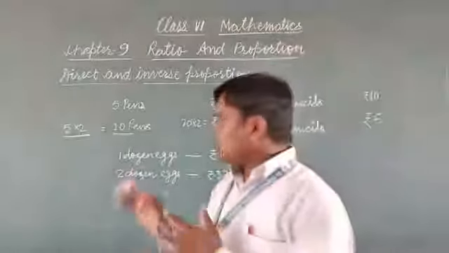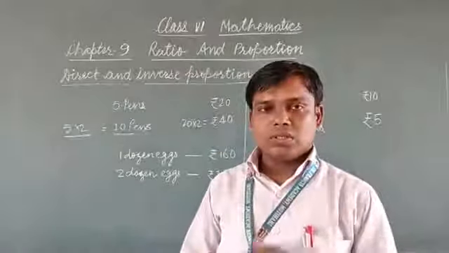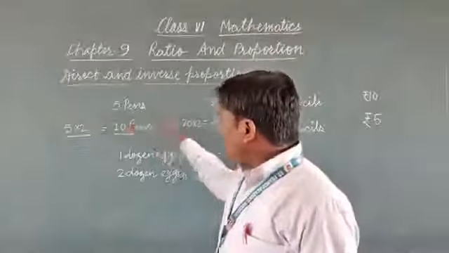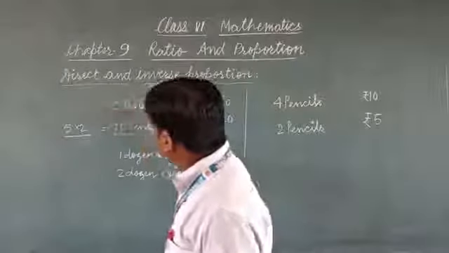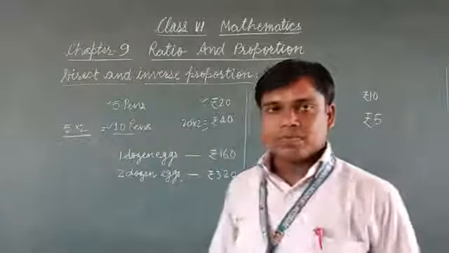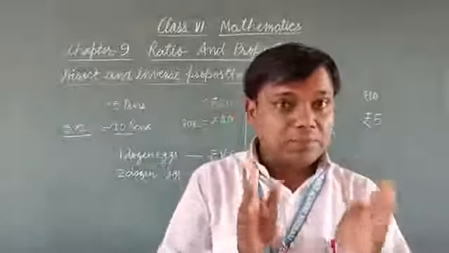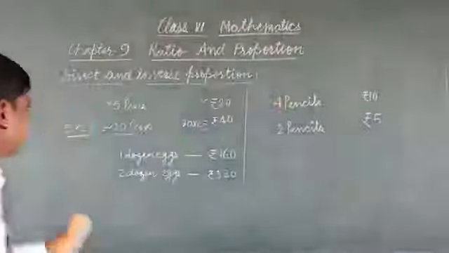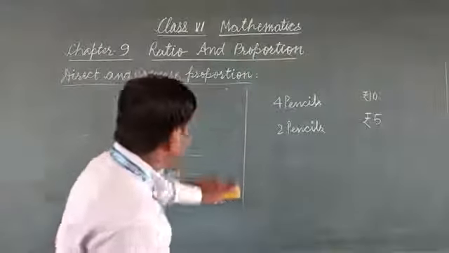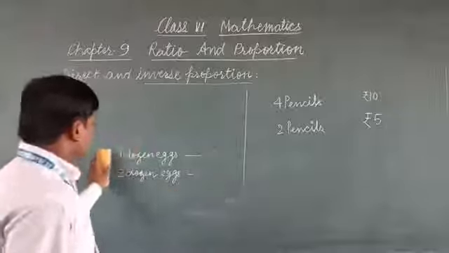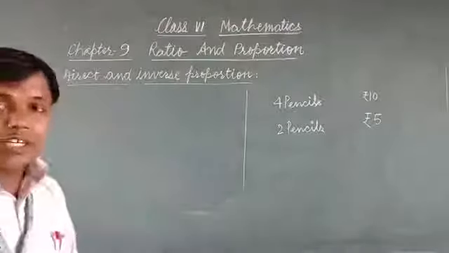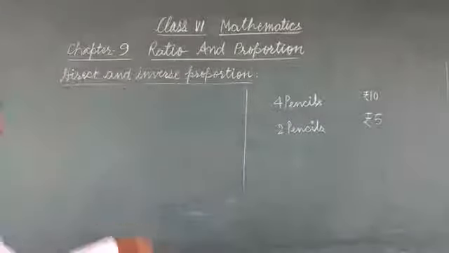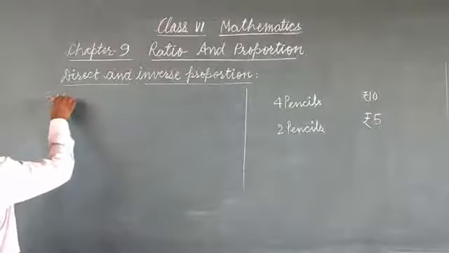To solve questions of this type, we write the four quantities given, 1, 2, 3 and 4, in a proportion, direct proportion. How? So see with an example how a question may come to you to solve with the help of ratio and proportion. The question given to you is, for example,